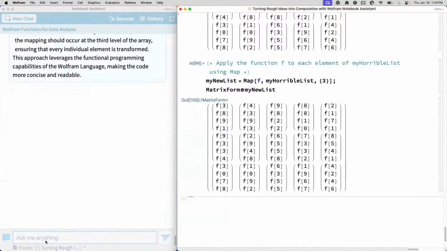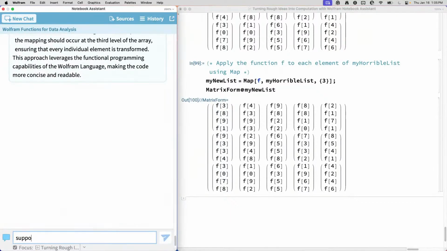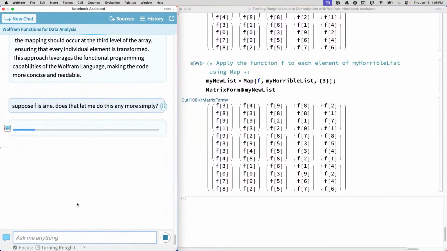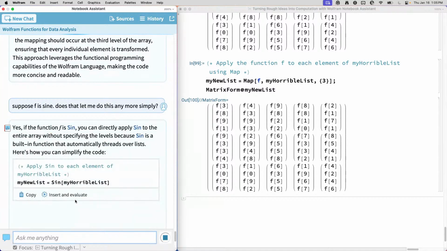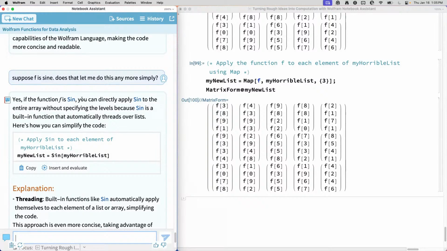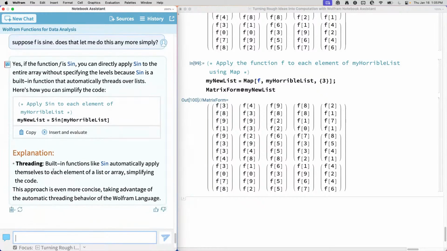You can then even ask follow-up questions. Suppose f is sine. Does that let me do this any more simply? And I, as a Wolfram language knower, happen to know that it does, so I can check whether this produces a good result. And so this actually explains directly that sine is a built-in function, and a lot of the